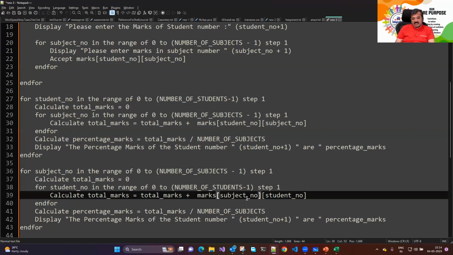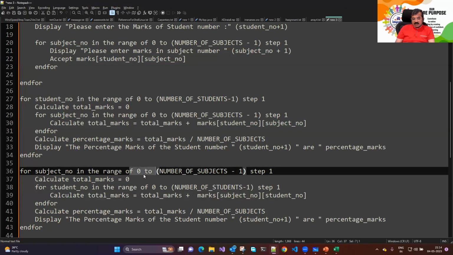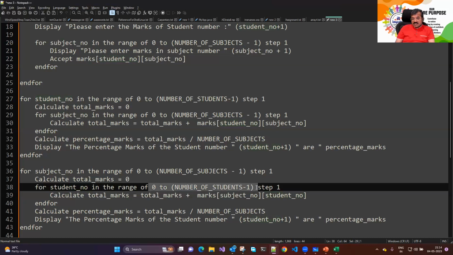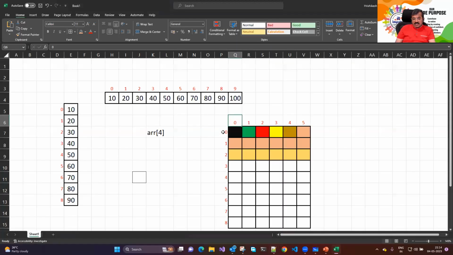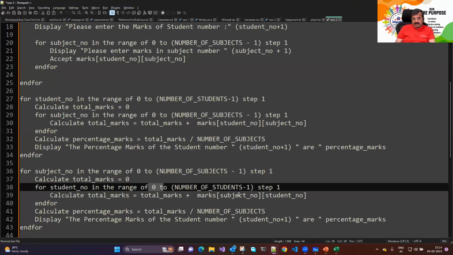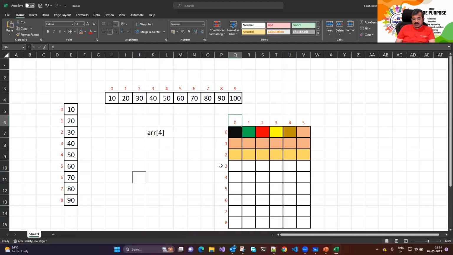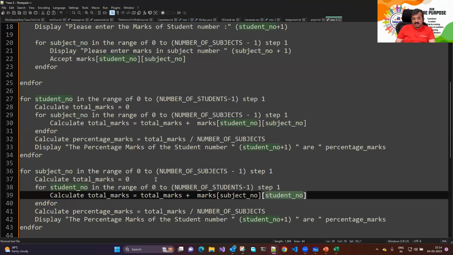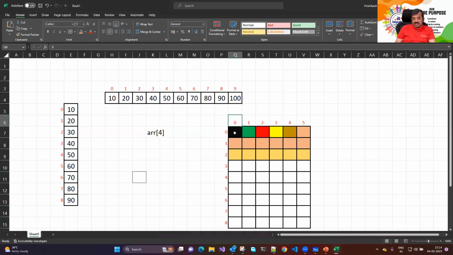अब मैं कहूँगा मार्क्स ऑफ सब्जेक्ट नंबर बाय स्टूडेंट नंबर। ओके, तो सब्जेक्ट नंबर फॉर द फर्स्ट टाइम इज 0, ध्यान से देखो। स्टूडेंट नंबर इज इन द रेंज ऑफ 0 से 34 तक। तो पहली बार जब ये 0 है तो ये चलेगा 0 1 2 3 4 5 6 ऐसे जाएगा। सब्जेक्ट नंबर फिलहाल मेरा 0 है। दूसरा लिया स्टूडेंट नंबर विल वैरी फ्रॉम 0 to 35। तो 0,0 ये है, 0,1 0,2 0,3 0,4 0,5 ऐसे एक एक करते हुए हम लोग 35 तक जाएंगे।